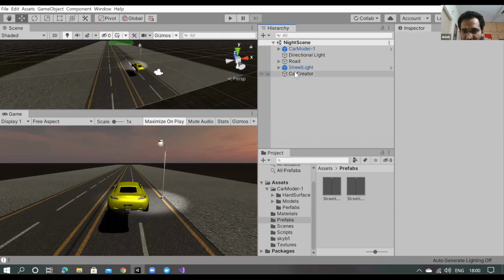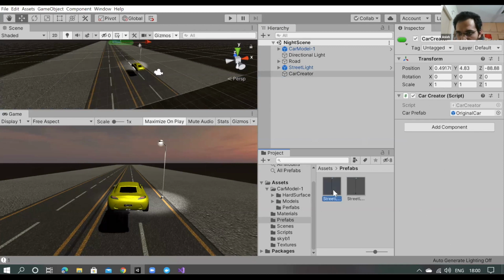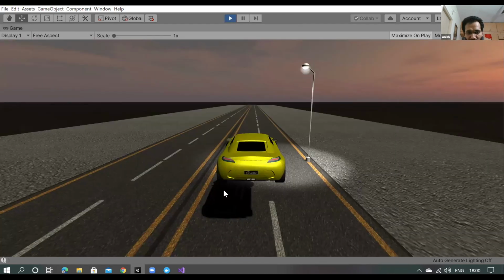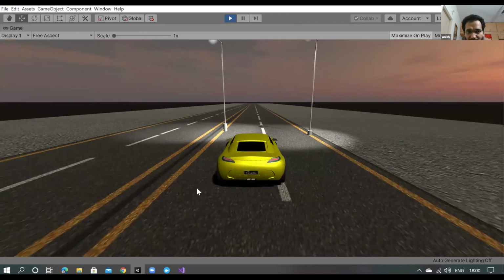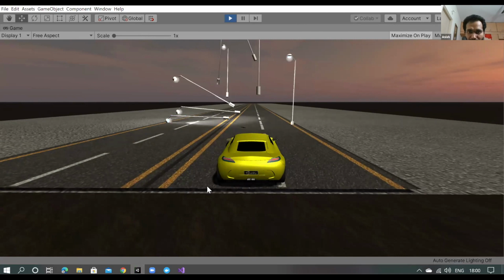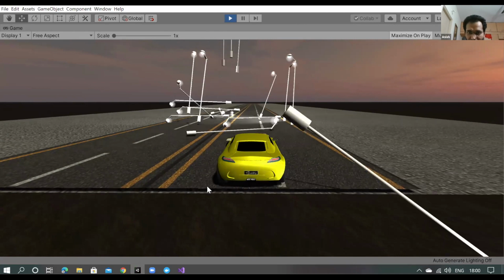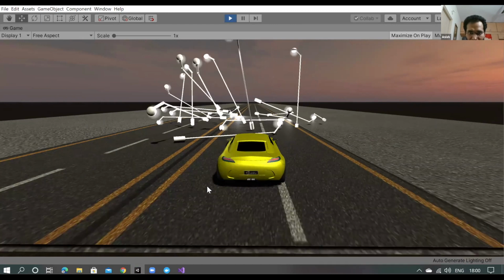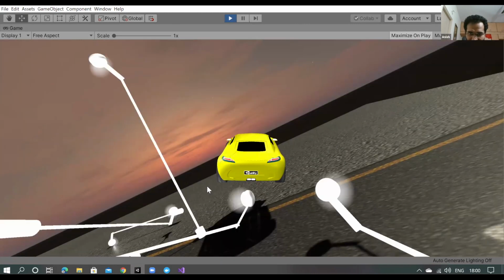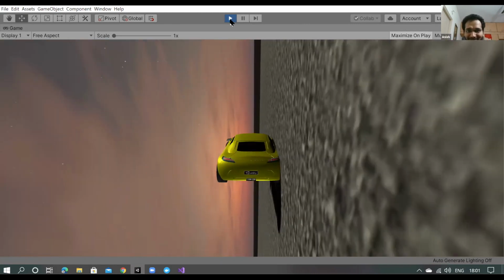Now in this car creator, instead of using the car, I'll use my street light gravity. I added this street light gravity. Play the game and press the C button. Okay, my car doubled.